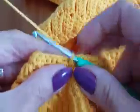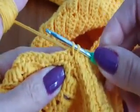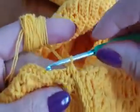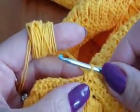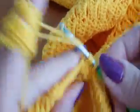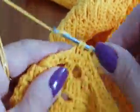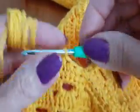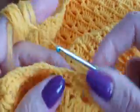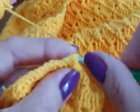and into the next stitch make 1 unfinished single crochet, into the next stitch 1 unfinished single crochet, and then join. This is 1 decrease, so I make 1 unfinished single crochet, 2 unfinished single crochet, 2 decrease, 1 more, okay? So this is the first decrease 3 times, and now you work single crochet in every stitch, okay, until you reach here,